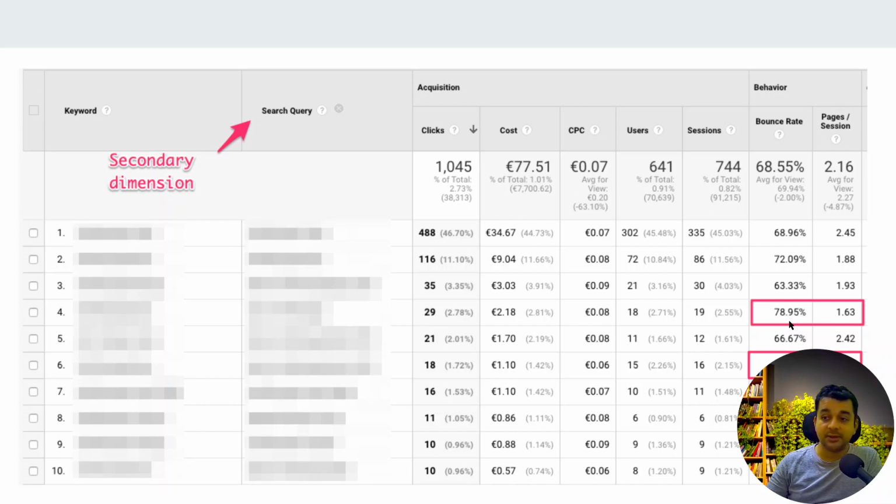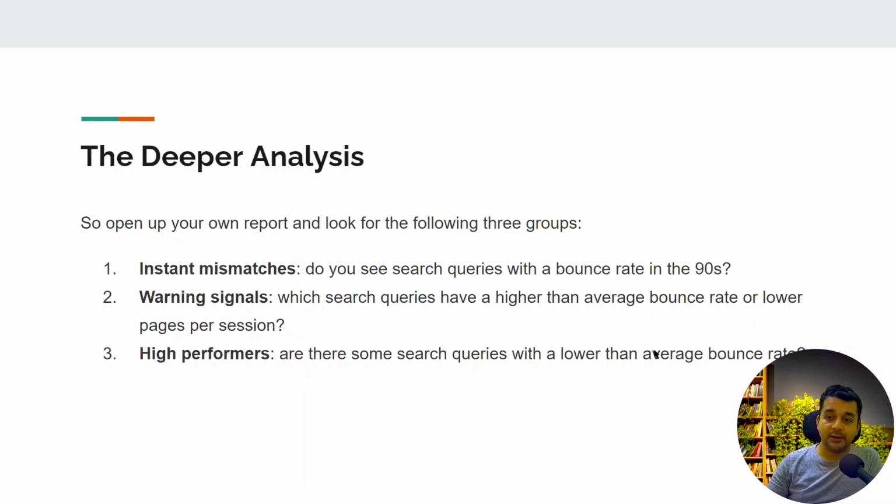That means that people who are using this particular search term are coming to our store or website, but they are not getting what they are looking for. So we need to add this particular search term to the negative keywords, right? This is how you can correlate between different parameters and analyze the data to get a better understanding of your search ad campaign.